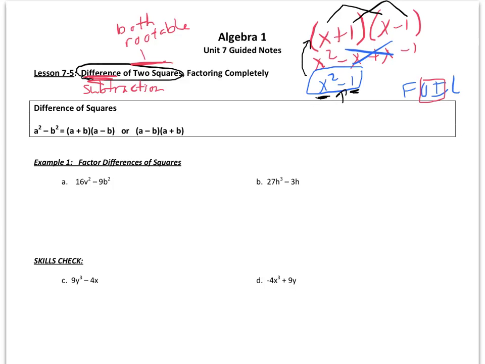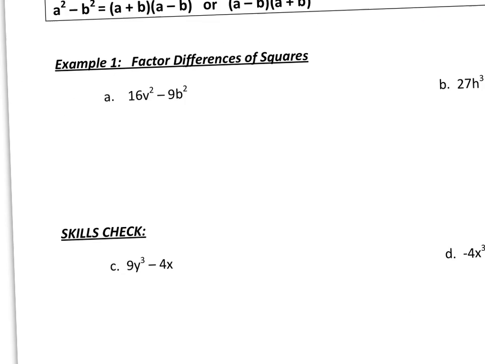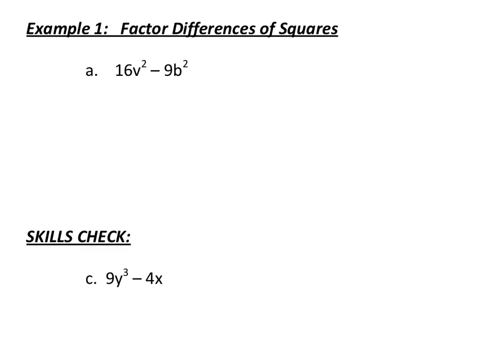So if we look at our first one, and we ask ourselves, is each term rootable? Yes, I can root 16 and I can root b squared. I can root 9 and I can root b squared. So that means we are going to be able to root this, or factor this. So